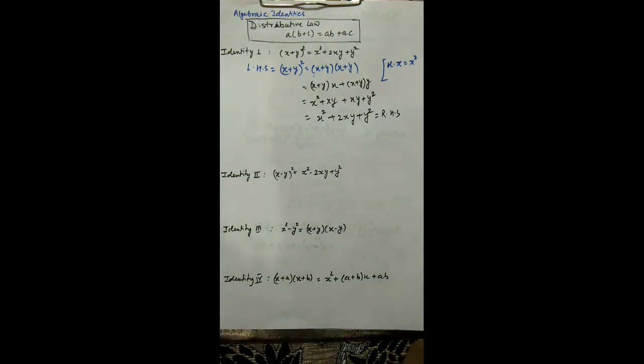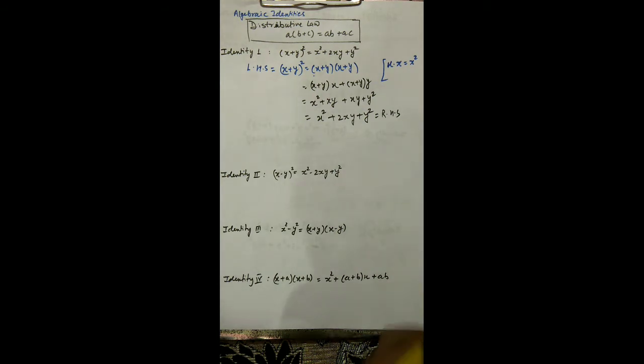Though this proof will not come in the exam, it is always advisable to learn things conceptually, because once you learn things conceptually, you will not forget. You remember some movies that you watch with interest, you never forget. Similarly, if you take interest in proving all these identities, then you will not forget in your life. Take my example also: I never mugged up any property or identity. I just learned where these have come from. So I know the source of how to generate them, and I can generate my own identities also. You will see in later classes that I can make my own identities once I know the basic concepts.